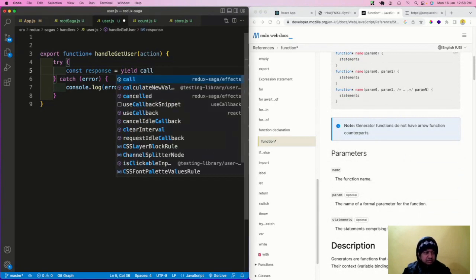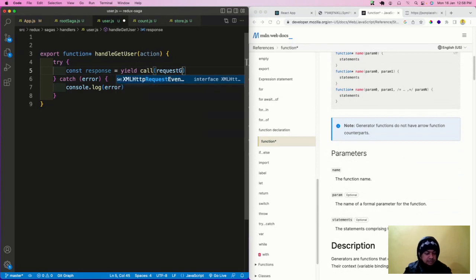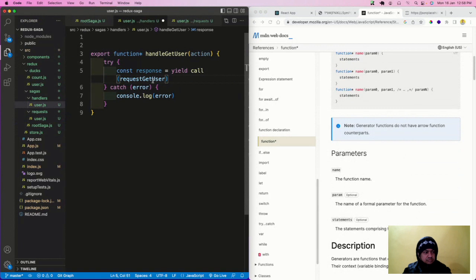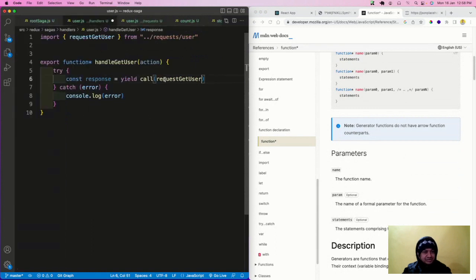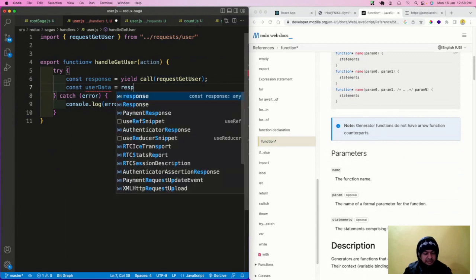Okay. So here I'll do the call request get user, request get user. Okay. When I import it, it should be open. So request get user I am doing. Okay. Yield is that. Then const user data equal to response dot